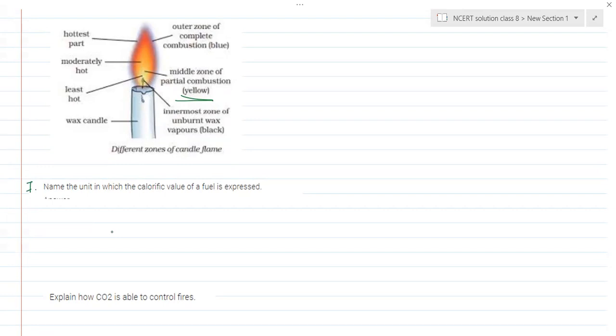So it's a very simple but very interesting question. What you need to understand is, you have kg, that is the mass that is burning, but kilojoules is the unit in which you will have the heat produced. So kilojoules per kg is the unit